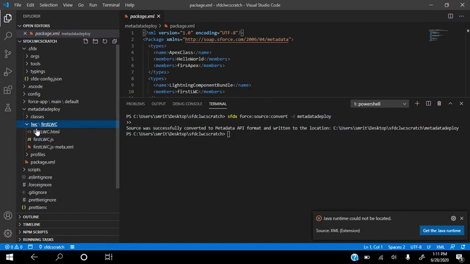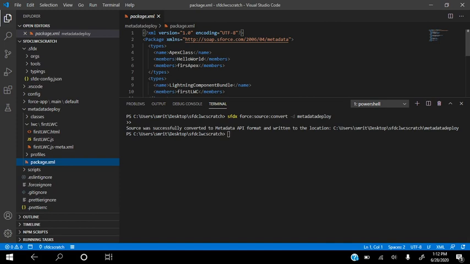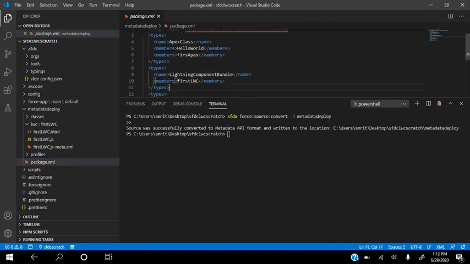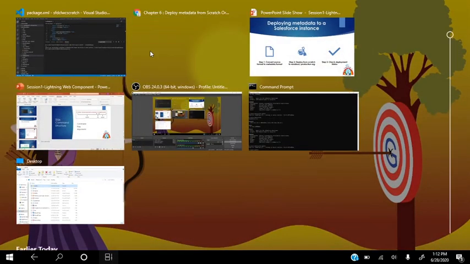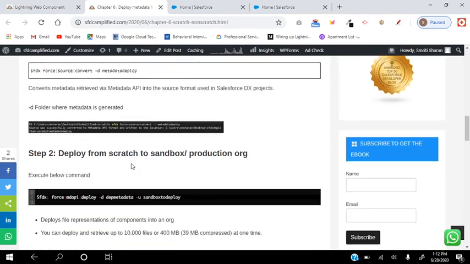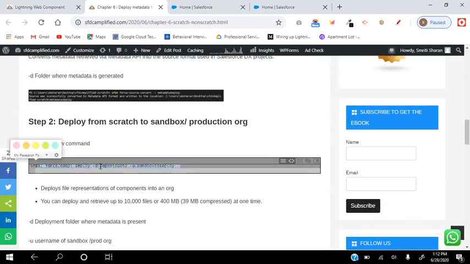If you see here, all of them are there. And then the package, if you see, you will be seeing the whole package with the types. So that has been created. Now once that has been created, what we want is to deploy it. So we'll simply copy this